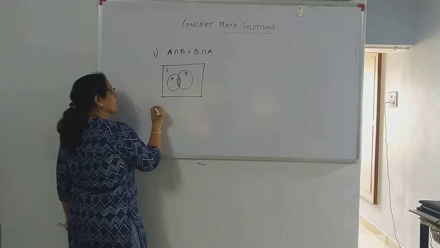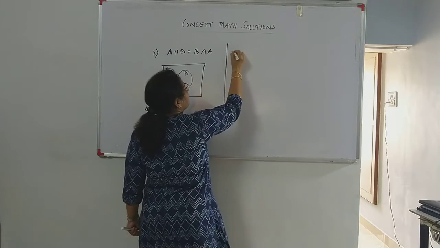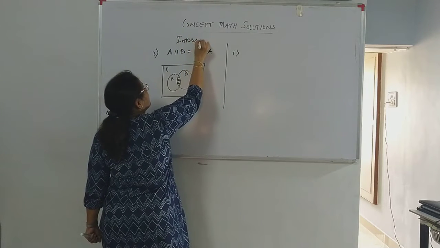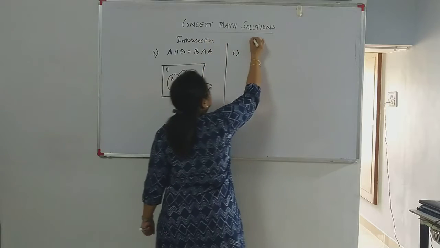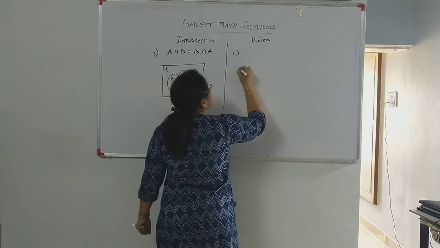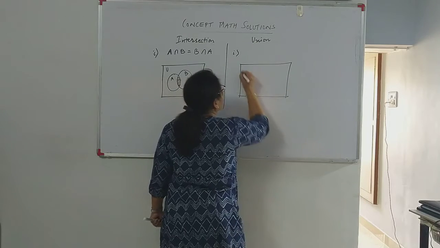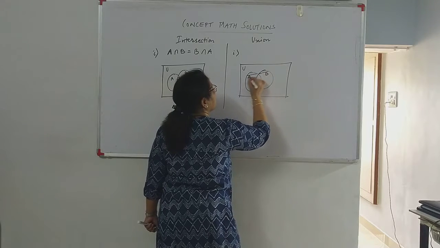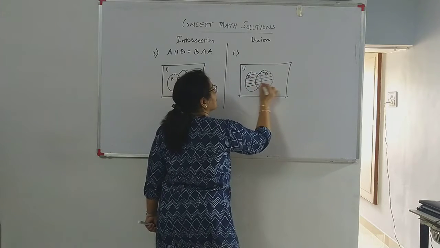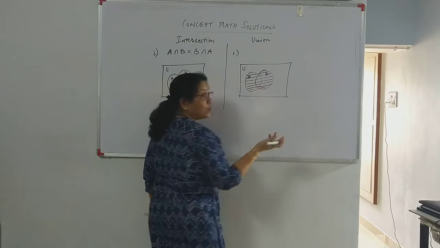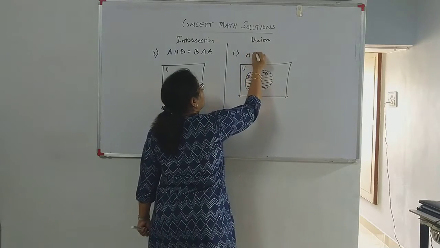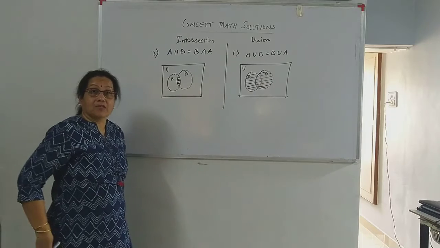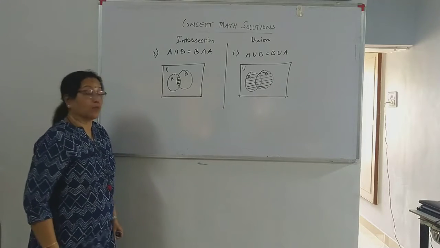Also, simultaneously, here I am discussing properties of intersection of two sets, and this side I am discussing properties of union of two sets. So if I have A union B, your Venn diagram tells you whether the properties are true or not, and you can understand better when you draw the diagram. So this is A union B and this would be B union A also. So A union B is the same as B union A. That is, the union of two sets is also commutative, intersection is also commutative.